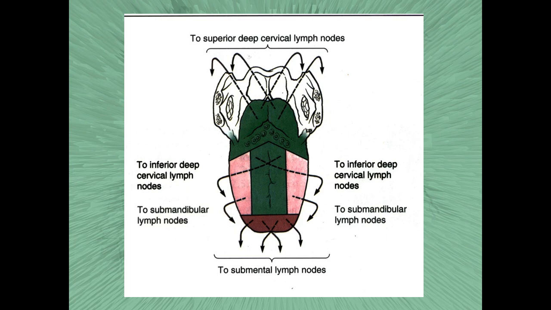Then from the body of the tongue, from the lateral parts of the body, into the submandibular lymphatic nodes, and from the central part of the body into the inferior deep cervical lymphatic nodes. From the root of the tongue, lymph drains into the superior deep cervical lymphatic nodes, also known as the